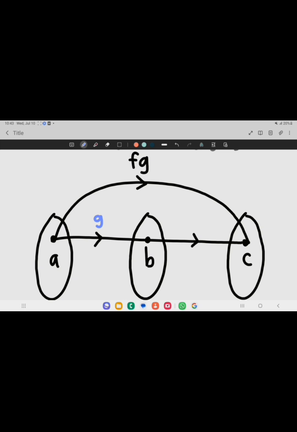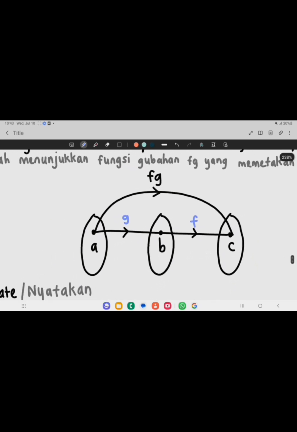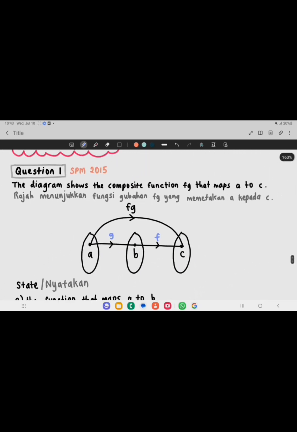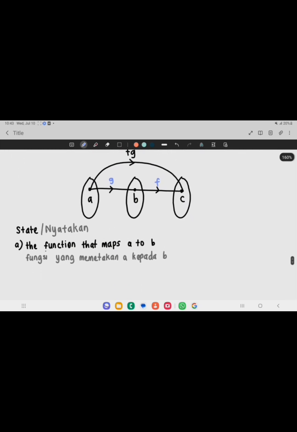Okay, about the composite function, I've explained about this thing in that video. So if you guys haven't watched that video, please go and watch that video to have a better understanding. So when from A to C itself is fg, from A to B, it must be g. Okay, the behind one must always come first. Alright, so if A to B is g function, then from B to C, this is actually representing your f function. So once you have analyzed the diagram given to you like this, then you can continue reading